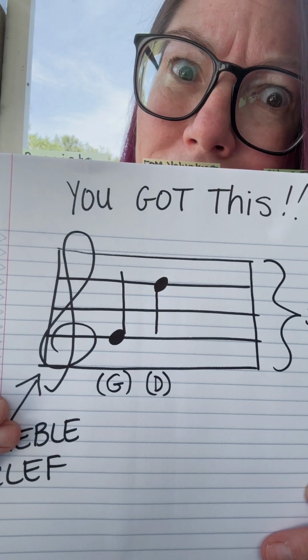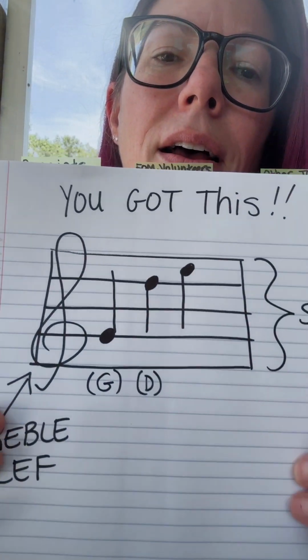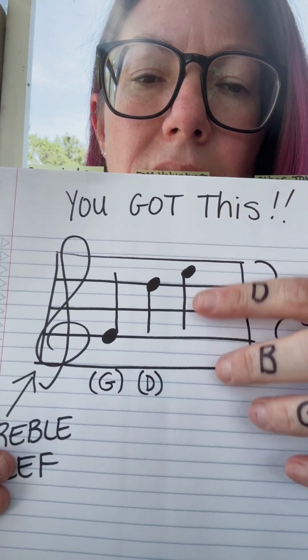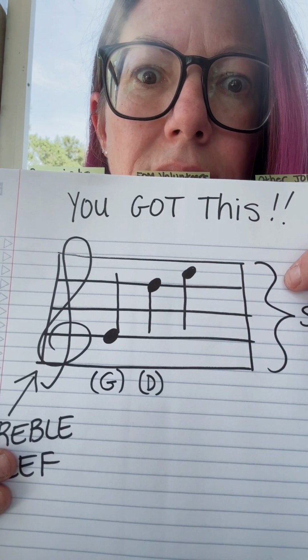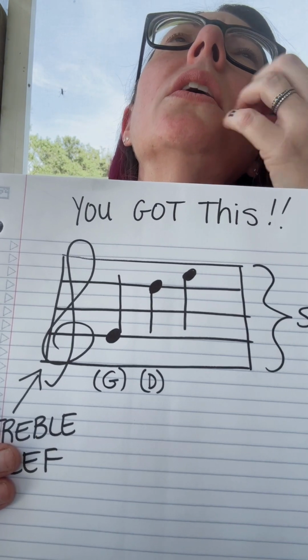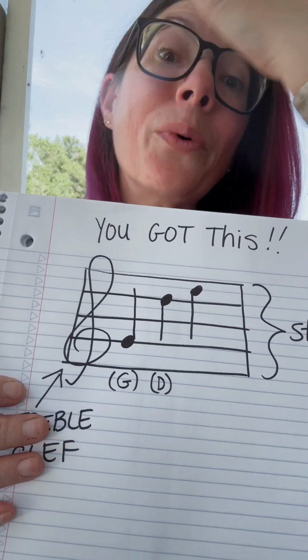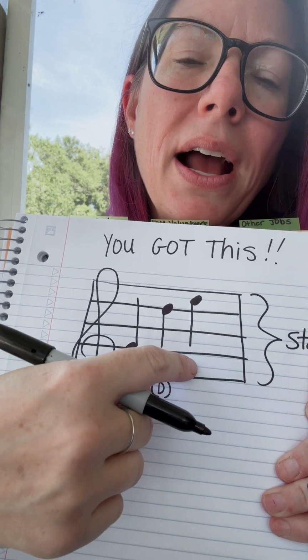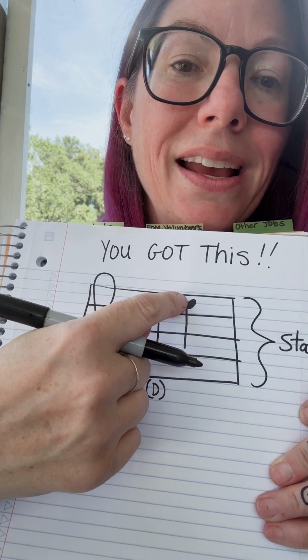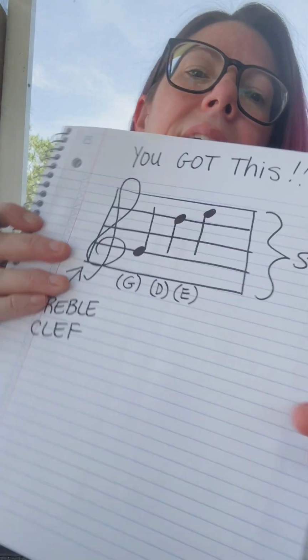One more? Two more. Overachievers, we'll do two more. Let's try this one right here. Let's look at it first. Is it a line or a space? Well, it doesn't have a line running through that head, does it? So it's a space. Now, I remember my spaces rhyme with a word. It rhymes with the word face. So let me remember how to spell face. F-A-C-E. E. So that is the space, and that one is E.